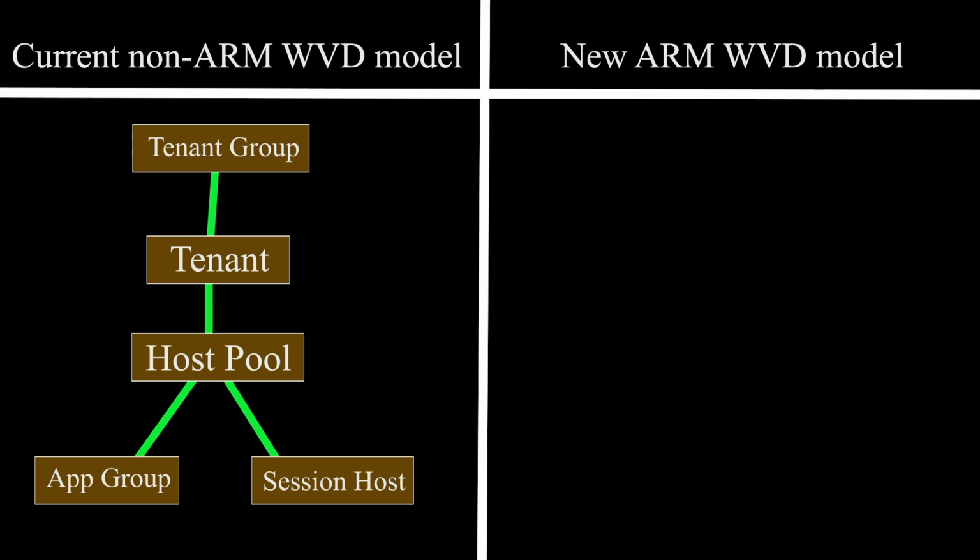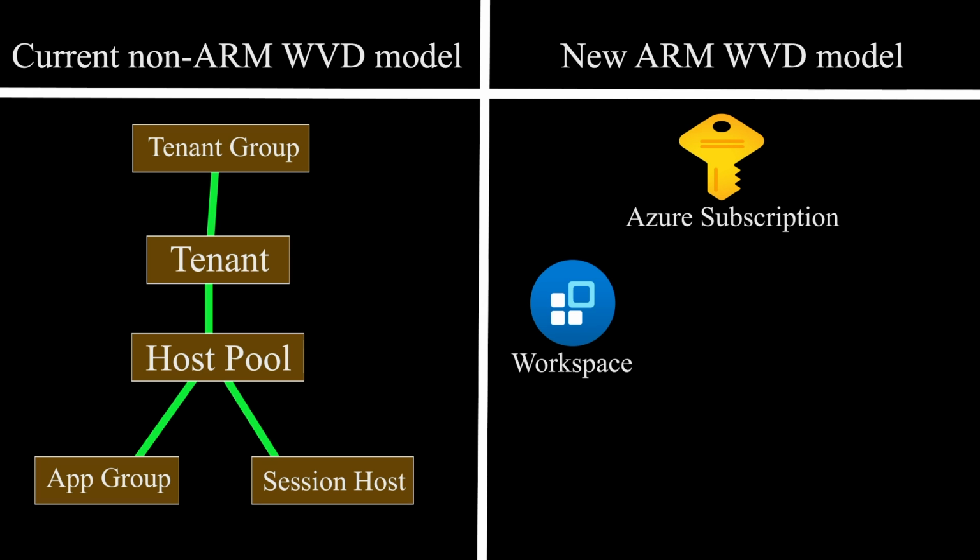The new ARM model is quite different. First of all, we do not need Azure Active Directory Global Administrator consent because this is a first-party service as part of Azure's ARM model natively, and that simply means that this is all part of your subscriptions now. Okay, Azure Active Directory is still something that we depend on, and we'll talk about that in a little bit. And for our new WVD resources, the first thing we have is what's called a workspace. And the workspace is going to function kind of like a user persona, and I'll explain more about that in just a second. On the same level as the workspace, we now have a host pool.